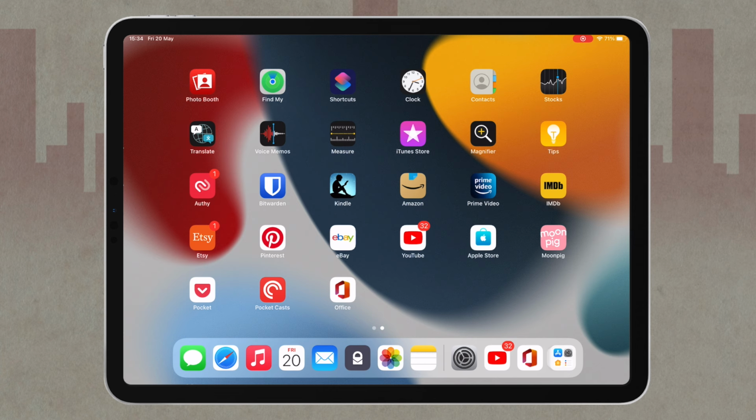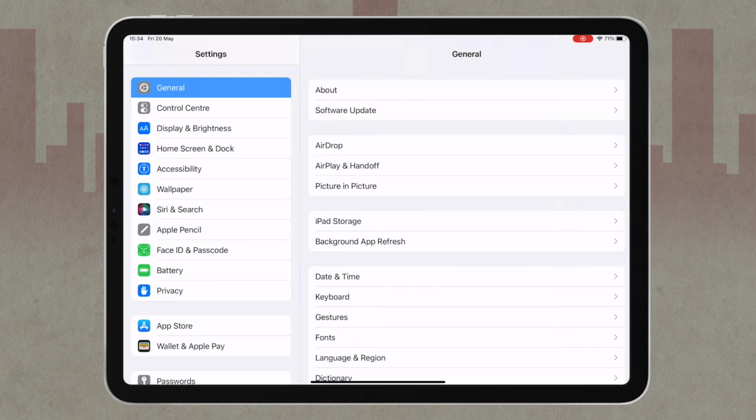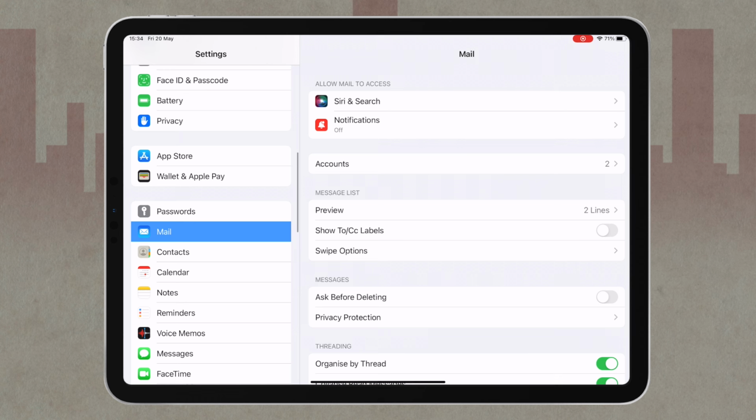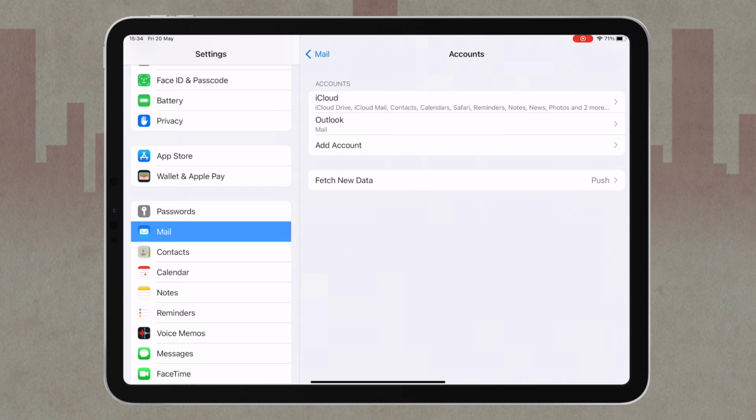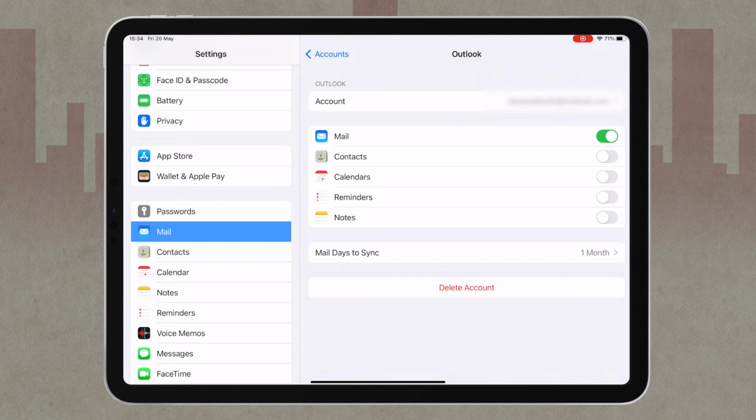All you need to do is go into Settings, and then Mail, and then Accounts. And then tap on the email account that's missing those emails. And you should see near the bottom, Mail Days to Sync. Usually this says 1 month, and that's why you can't see older emails. So change this to No Limit,